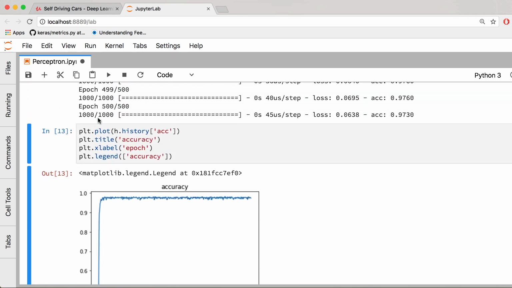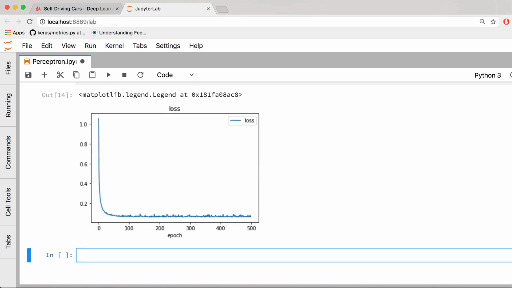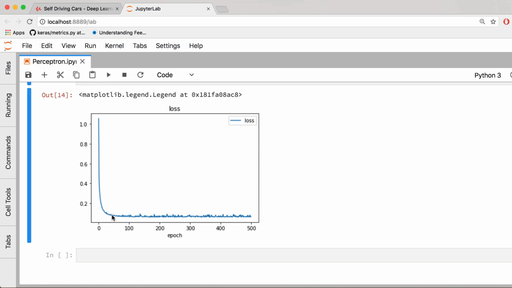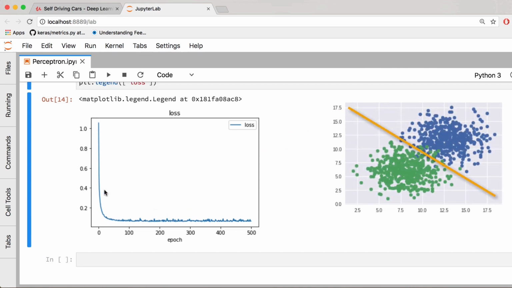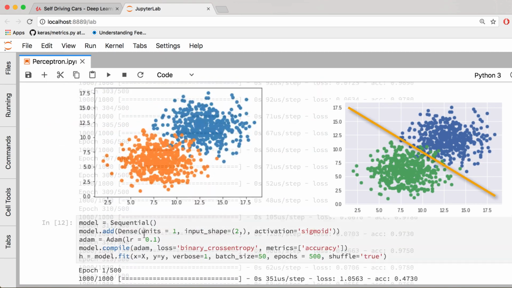All right, now inside of a new cell, let's just copy and paste this code. And instead of plotting the accuracy, we'll plot the loss. We will rename our title and legend as well to loss. Run our cell. And looking at this, it's clear that the loss, the error, is completely minimized once we get to about 10 epochs, and then it just kind of saturates from there. So clearly our network model, after numerous epochs, came up with a really good model in classifying our data with minimal error and maximal accuracy, all in a few lines of code. 5 lines of code to be